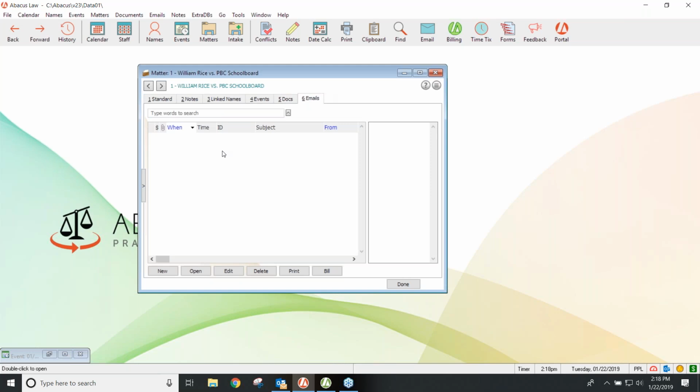And of course, your emails. If you are using Outlook and you do have your system set up to work with Outlook, then as you're receiving or sending emails, you can bill for them as well. All right, now,